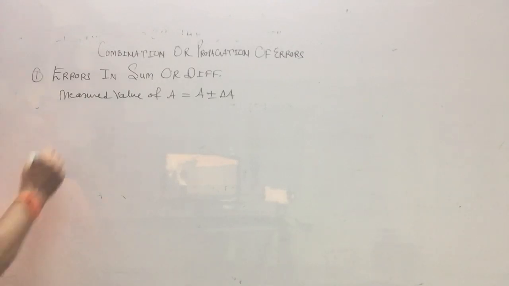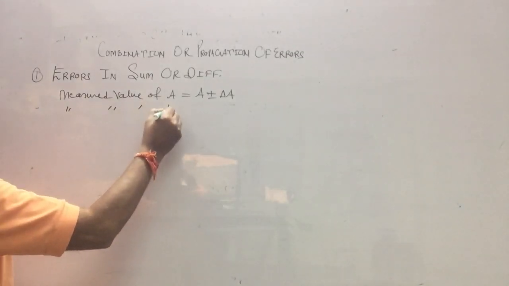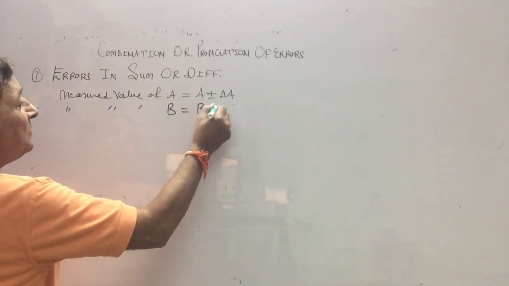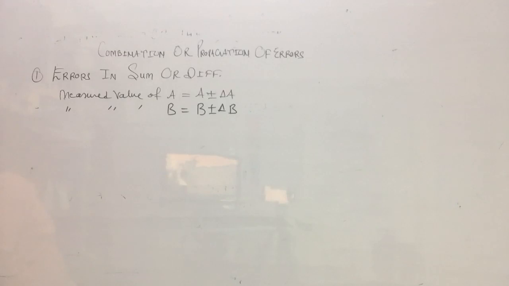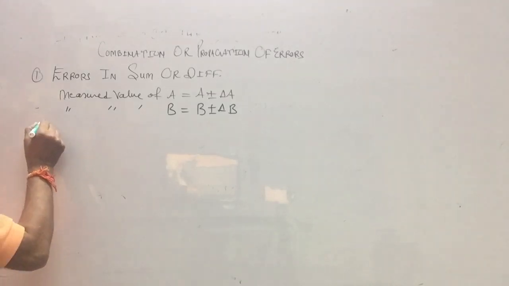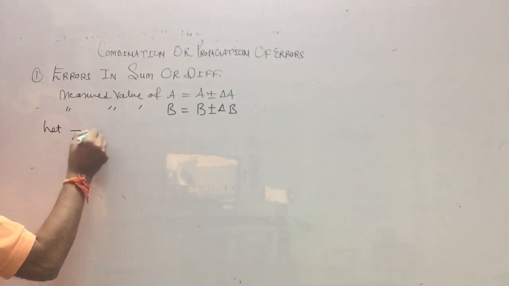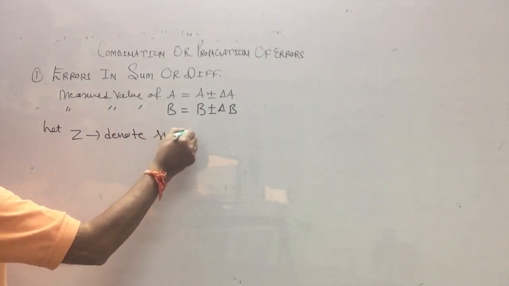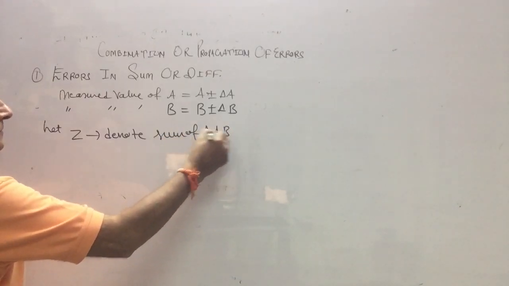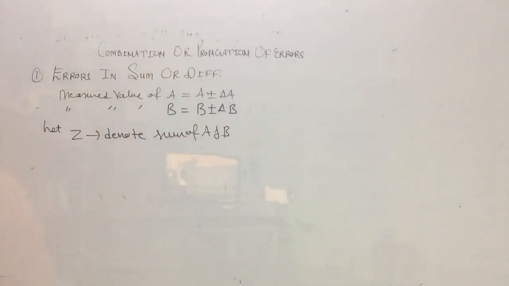Measured value of B. That is B plus minus delta B. Let Z denote sum of A and B, and delta Z